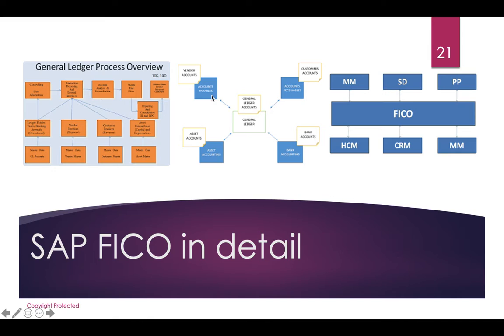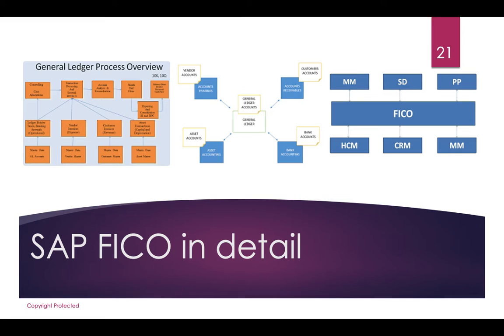What is the account payable function? When you are buying some item in the MM module, as I explained, there is something called goods receipt. The GRN is done. We call it goods receipt note. When the material comes to a store and we pass a goods receipt note, it is known that the stock has increased by that much amount because that material has come. We become liable to pay our vendor that amount. So when we become liable, we call it account payable, because now we are supposed to pay.